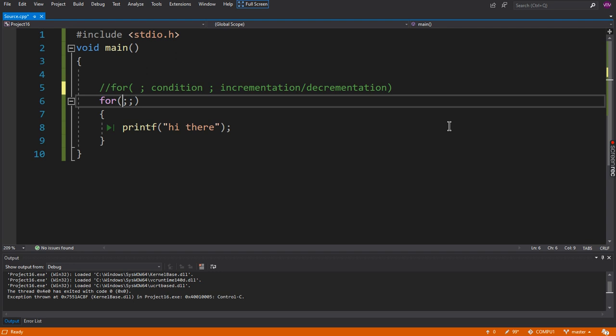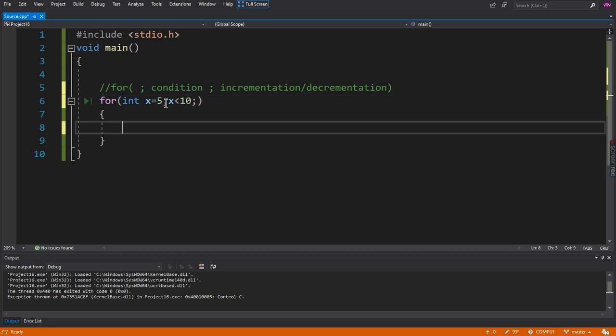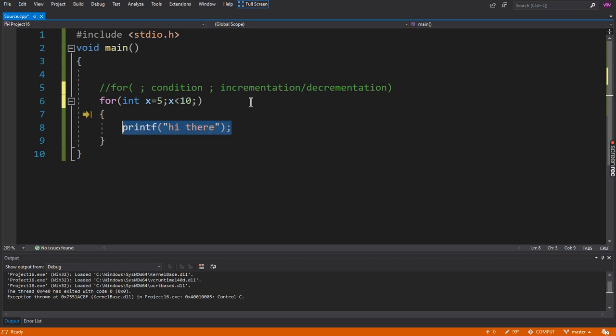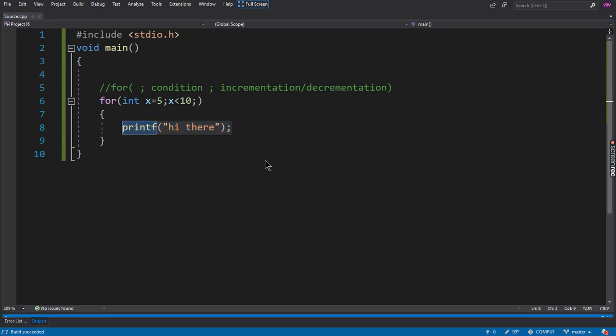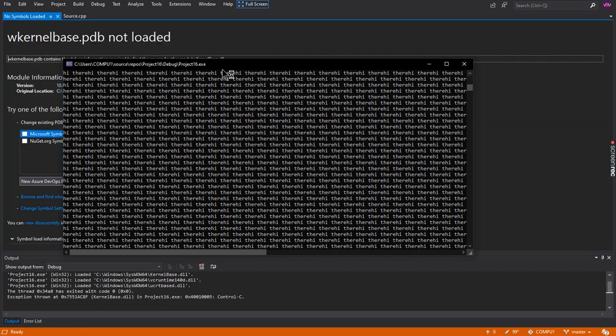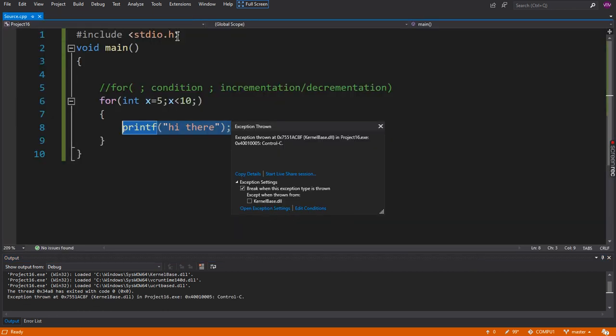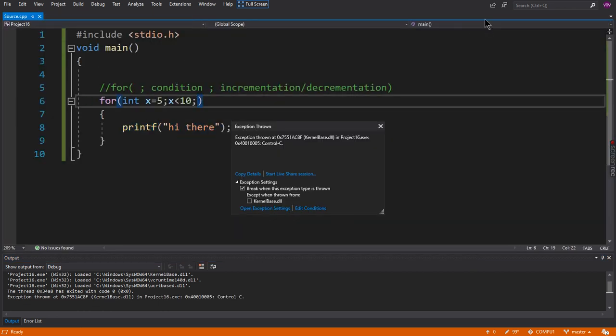So let's see how this looks. And x equals 5. X is smaller than 10. What if I didn't put any condition, any incrementation? X is going to be 5 forever. It's not going to increment or decrement. This is an infinite loop as well. I don't know why I deleted that. Let's leave that. It's an infinite loop as well. I hate infinite loops. Anyway,